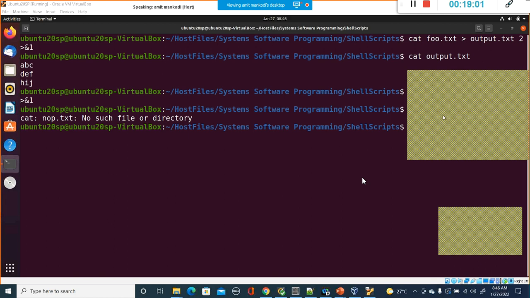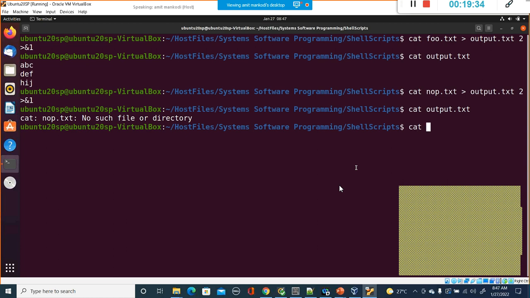What if the command does not give any error when we use the 2 greater than capture? So in that case, what will happen? So the answer to your question is, if it does not generate any error, the file that is trying to capture the error will be empty. There will not be any data there. But if the data is going to come to the standard output file descriptor, which is 1, then the data will be displayed on the screen. Okay, so